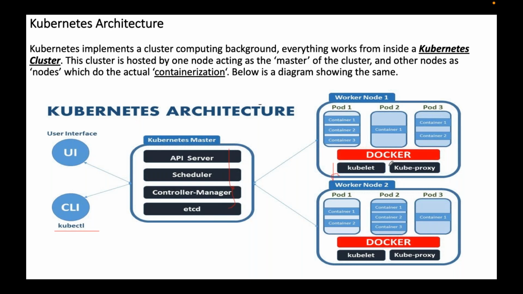If you have already attended interviews, definitely you might have got a lot of questions on this Kubernetes architecture. I think Rajkumar is attending Kubernetes and Docker. He is already working on DevOps, I think. He might have already attended interviews, right? Did you get a lot of questions on this architecture, Rajkumar? If you have already attended,